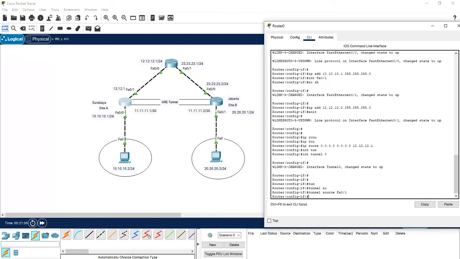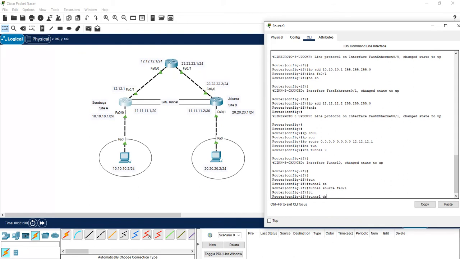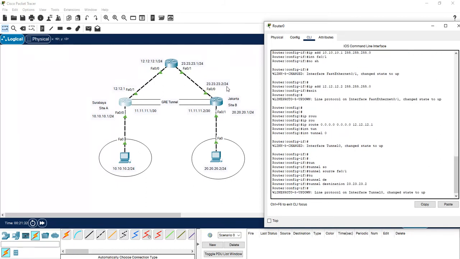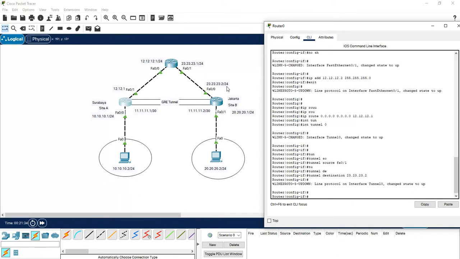On the tunnel destination, we put the public IP of the router on the other side, site B. The public IP is 23.23.23.2.